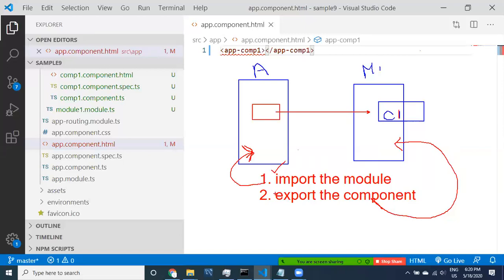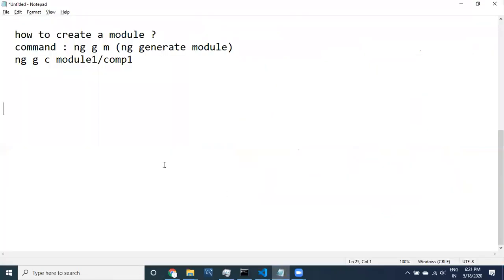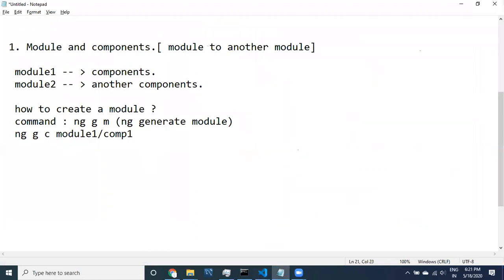Let me write down those steps. What is our goal? Let me write the question. How to call a component in module 1 from the app module? Component 1 is in module 1.